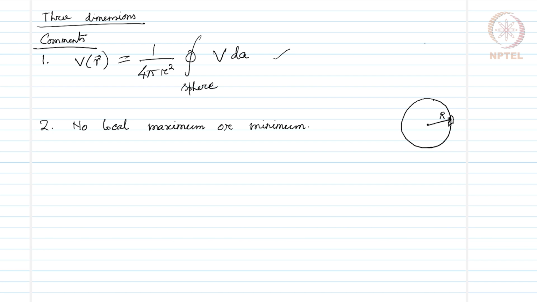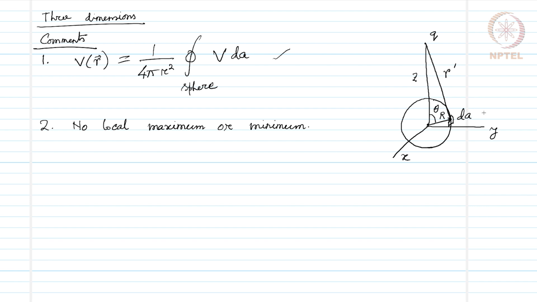Let us consider a point charge q here outside the sphere. So, Laplace equation is valid in the sphere, and the distance from this point charge to the center of the sphere is z, and we denote this distance as r prime. Let us draw the x, y and z coordinates. This is x, this is y, this is theta in spherical coordinate system, and this element here is dA.